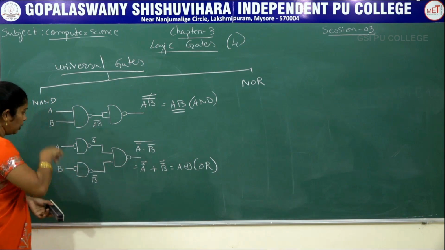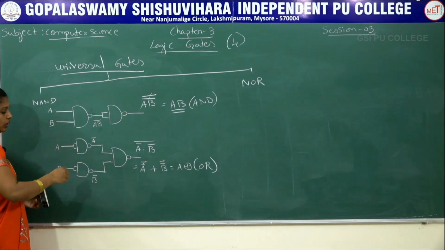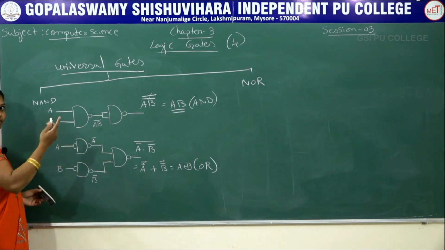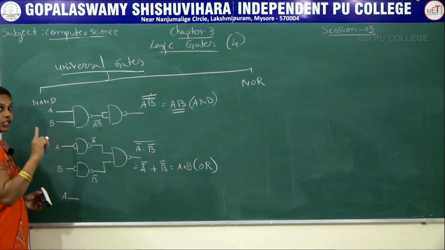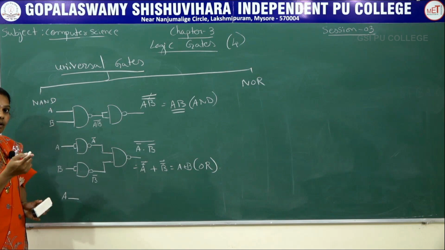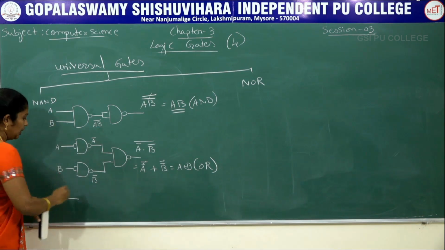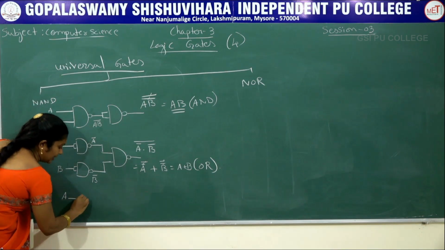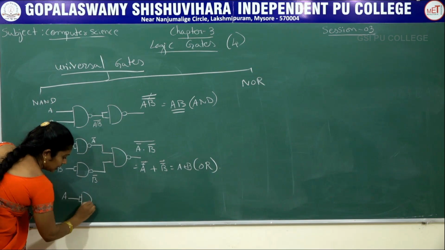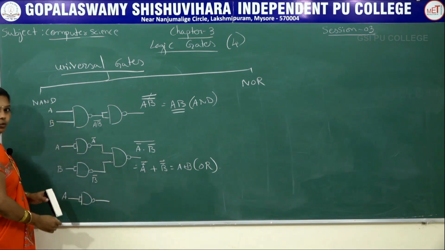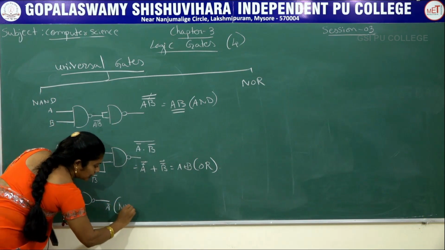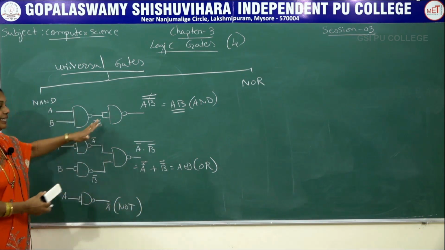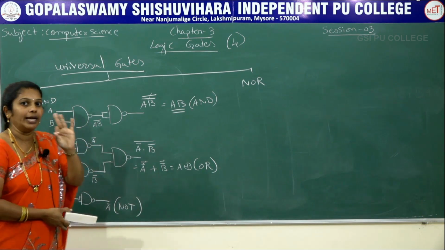Next, last I will tell you how to write, how to prove that NAND gate is universal gate with the help of NOT gate also. Here also take only one input, because for NOT gate we require only one input. Then connect this with the two input NAND. Then what is the output here? We get A bar. It is nothing but NOT. If you write this symbol in the exam, then you will get 3 marks.